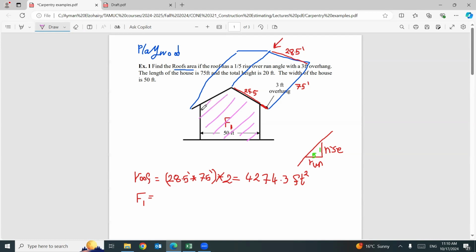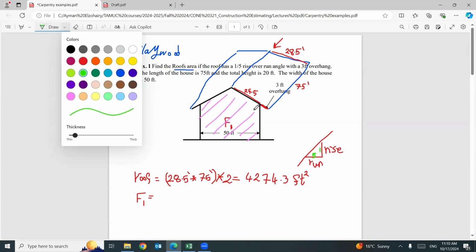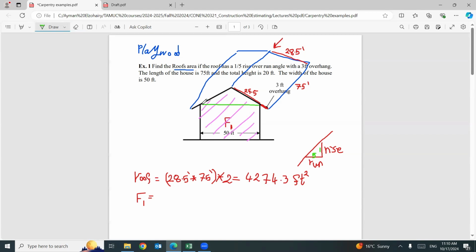If you cannot find out the area as one number or in one step, you can divide this area into two parts. This part, a rectangle, then this triangle. Does that make sense? So the area of the rectangle will be 50 feet, the width, times